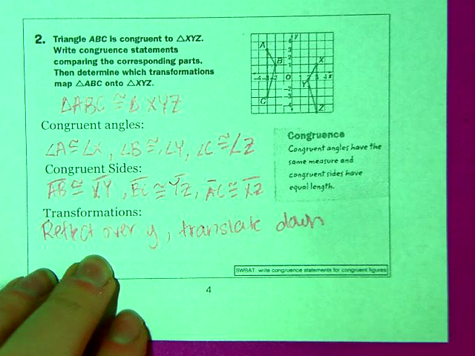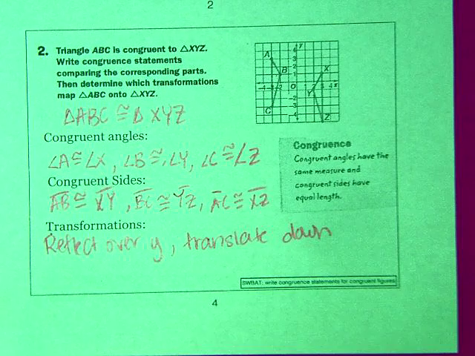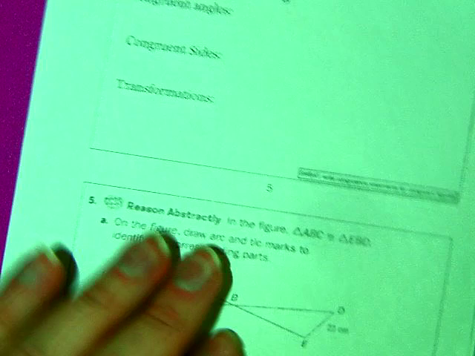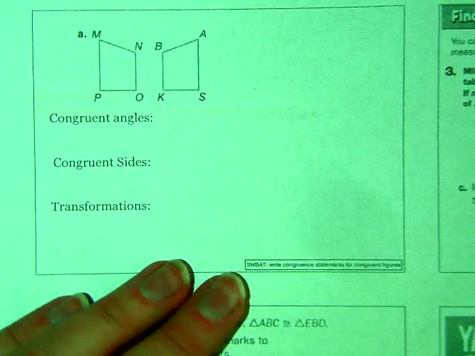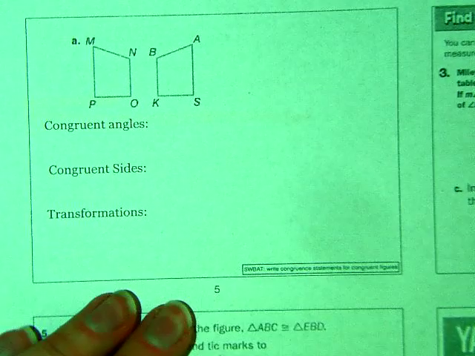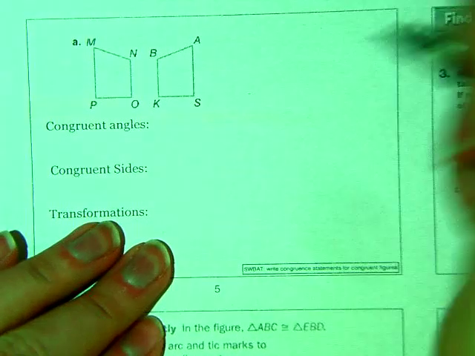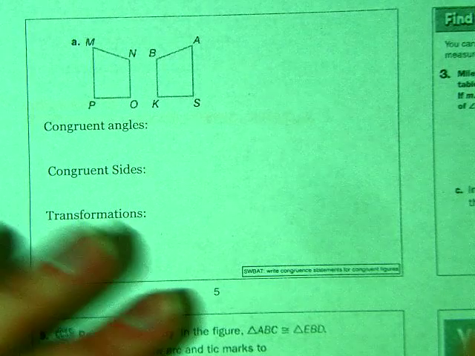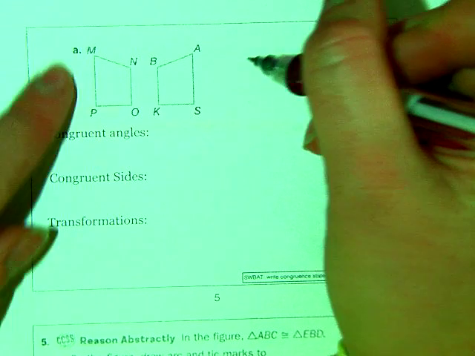So let's be specific on those transformations. Okay, slide 5, very similar. Congruent angles, well, we get to assume that these are congruent. Quadrilaterals do not have a symbol that goes out in front like a triangle. So I'm going to go